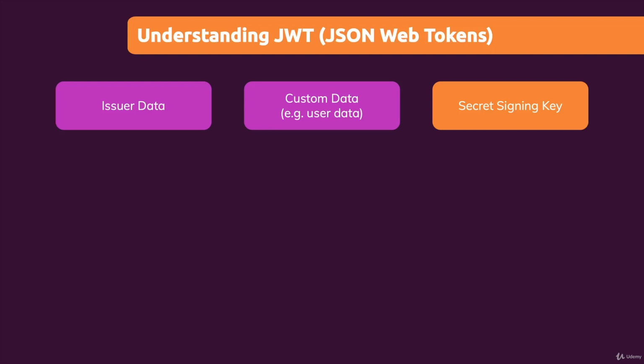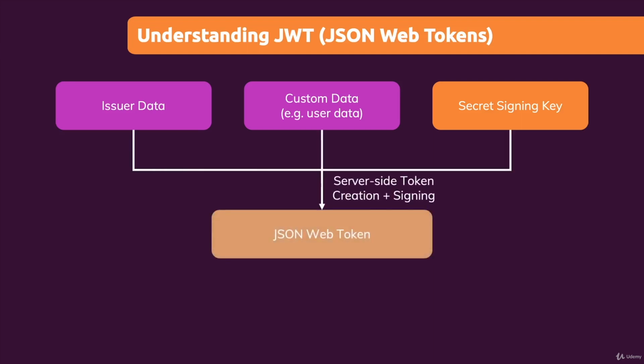Hence, only the server knows that key. Then we generate a token with some third-party package by combining all these pieces together, by creating a random string that incorporates all that data and is signed by that key, and that is that JSON Web Token, a long